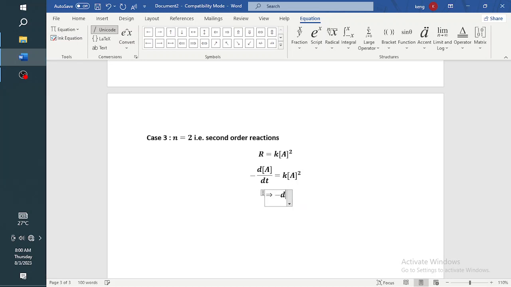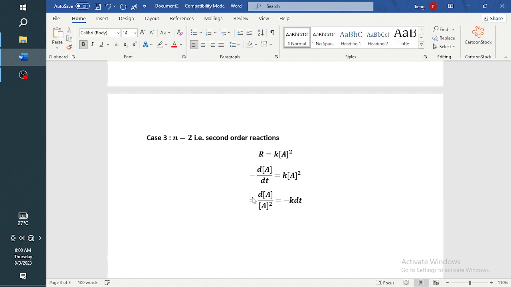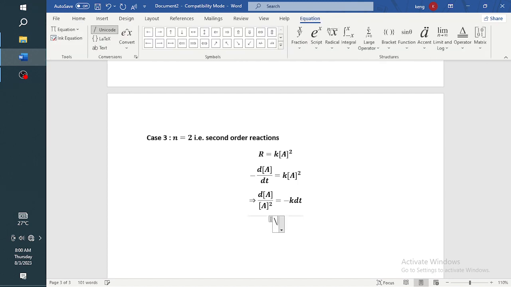So I'm just going to divide by the negative, so dA divided by the concentration squared is equal to negative k dt. If I integrate both sides, I'm just going to write this as the concentration to the power negative 2, so that we can easily integrate it, dA, and here we have negative